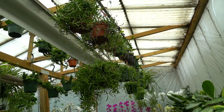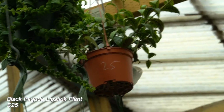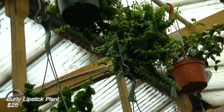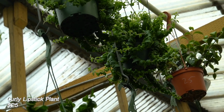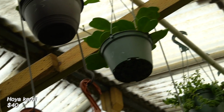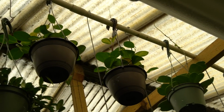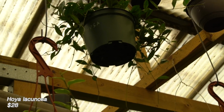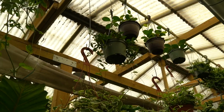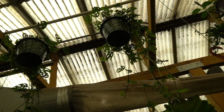And there's the lighting on this side. And there are lipstick plant, 25. Curly lipstick plant. The big, I don't know how much that big one is, but this smaller one is 25. There's a big Hoya carrii for 40. Some more variegated australises for 35. A lacunosa for 28. 28 right there. And these are the big, oh, they're 85